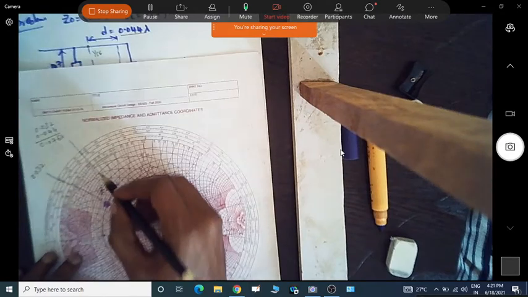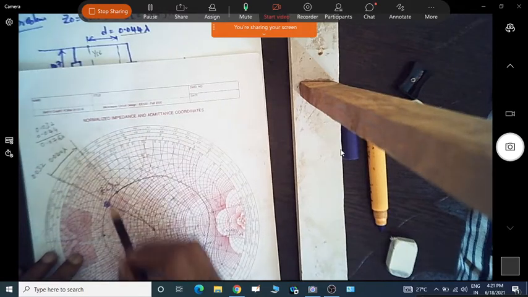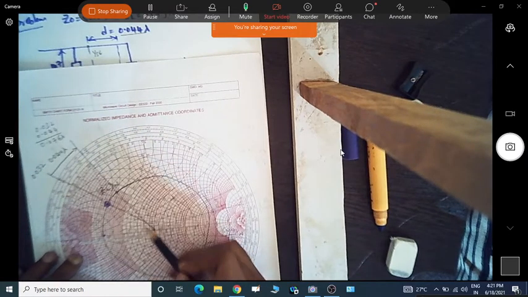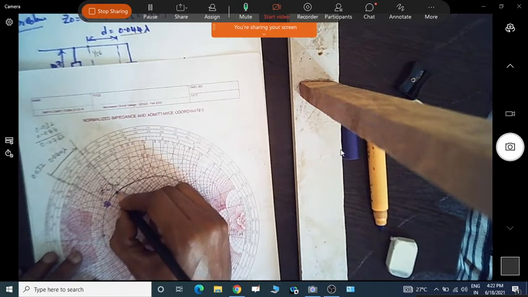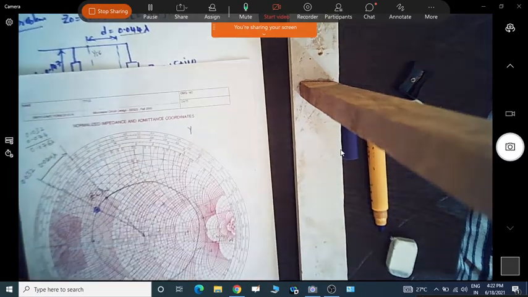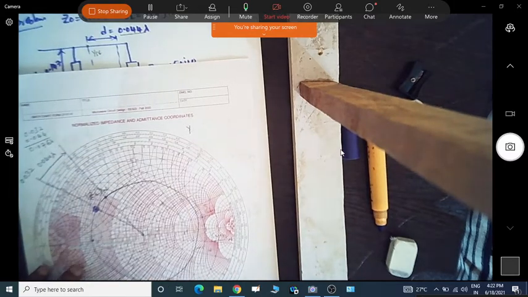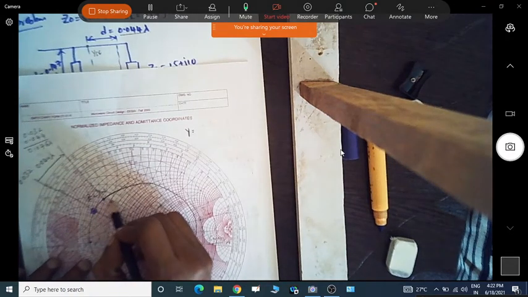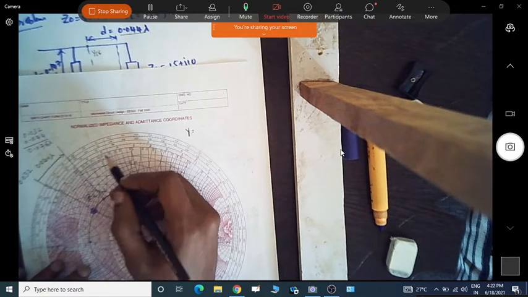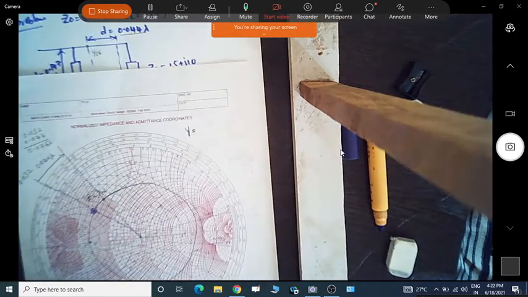So just you see, after adding this much distance, that is 0.044 lambda. Okay, so draw the line from that point to the center. So now on the VSWR circle where it is intersecting, so that you point your readout in the admittance chart, not in the impedance chart, admittance chart, that is conductance as well as susceptance. So that we need to read at that point. So if I read that one, maybe the conductance part is nearly 1 and the susceptance part is nearly around 1.4 or 1.5. Just read and tell me the value of the admittance.